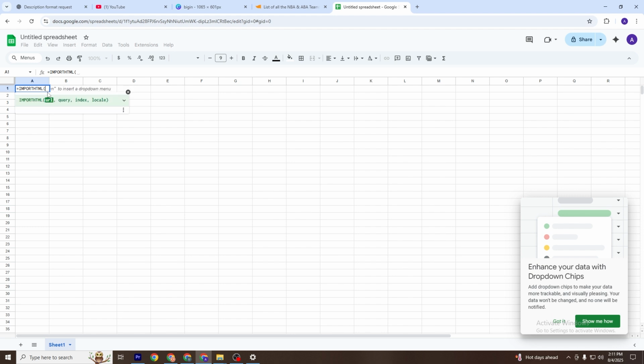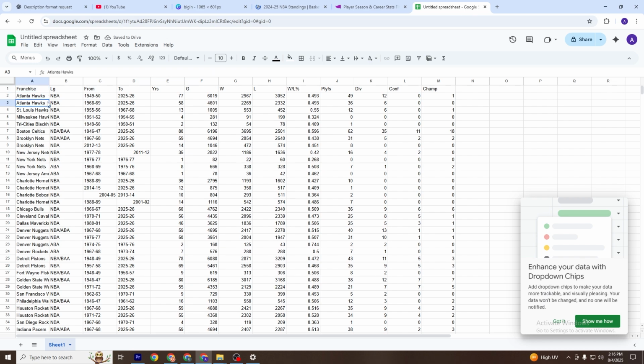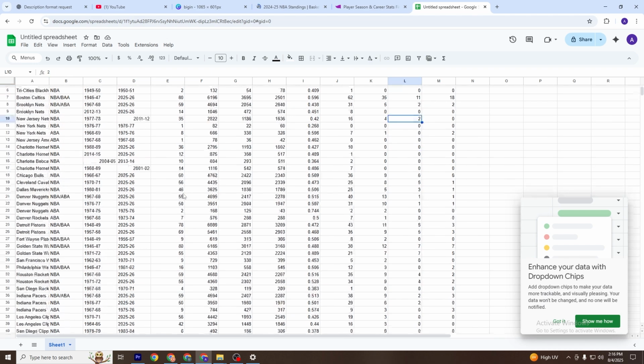Add quotation marks, then paste the URL you copied from the website and close the quotes. Then type a comma. Next, add quotation marks, type table, and close the quotes. Then type another comma. Finally, type the table number 1 if it's the first table on the page, close the bracket, and press enter. Now, as you can see, all the data from that table is imported into your sheet